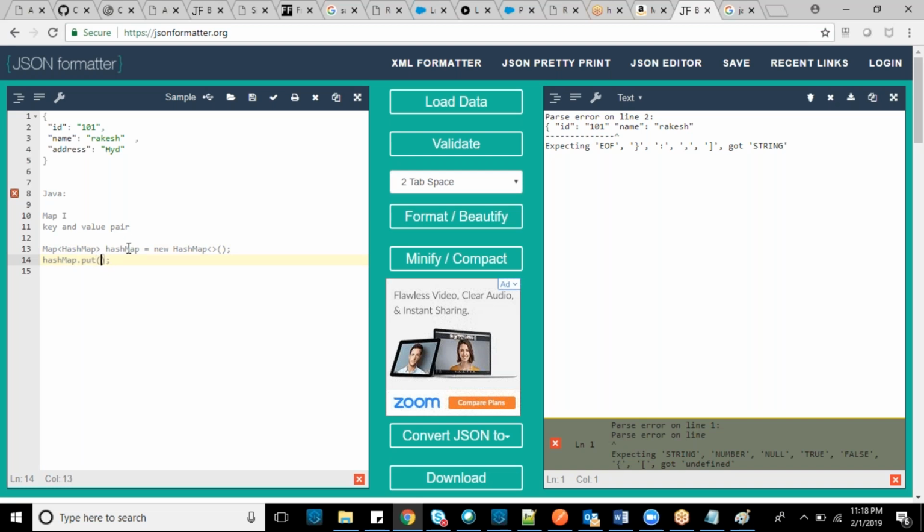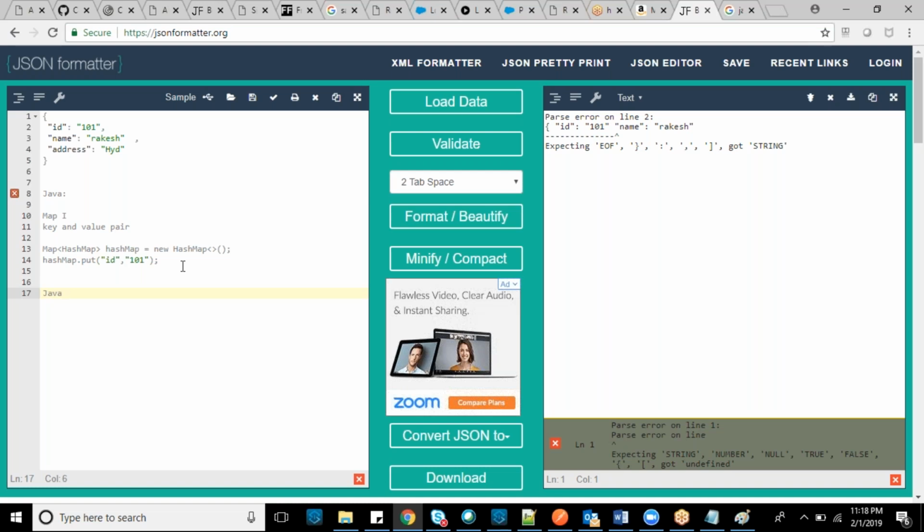So this is a HashMap object. You can put values only as key and value pairs, like ID, comma, 101, like this. This is the Java format.